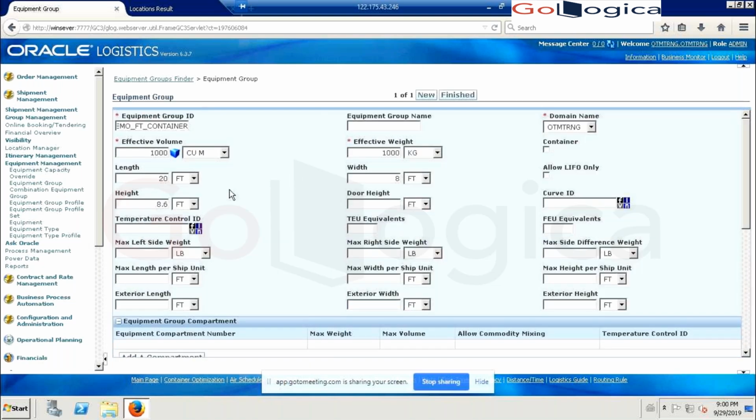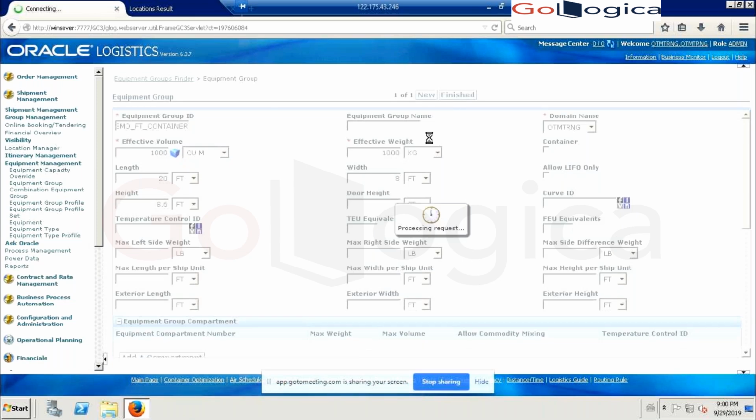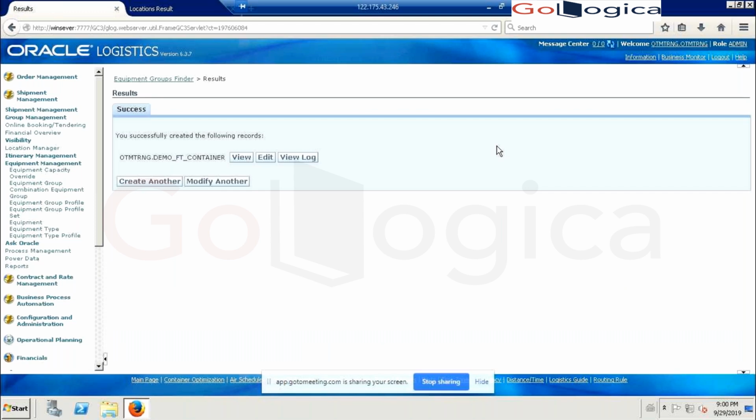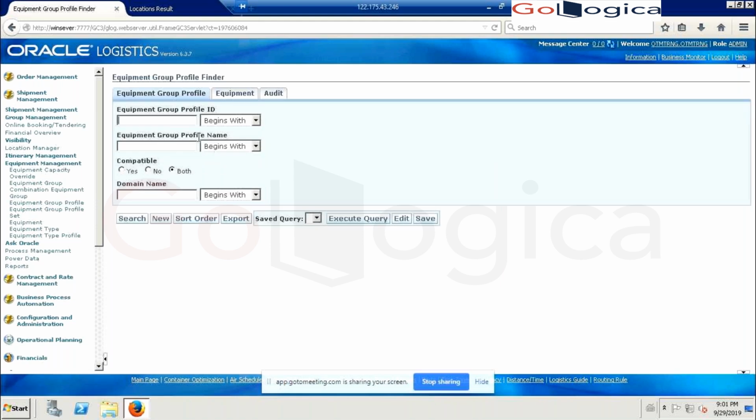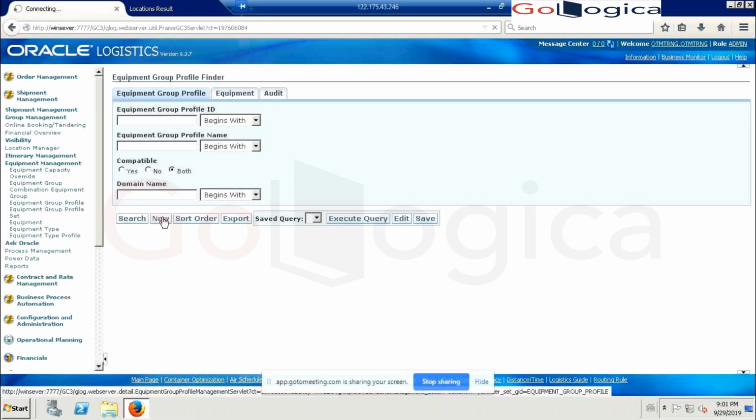Even these are optional, but for effectiveness and proper planning, we'll give the length, width, weight, and volume details in the equipment. Now I'm creating the equipment group. Now I'm creating the equipment group profile, so that we can use it in the itinerary.